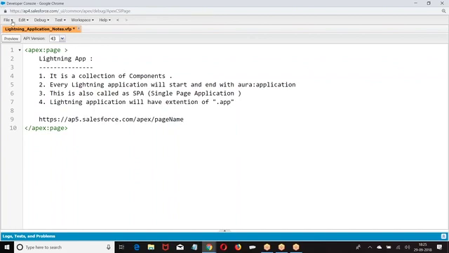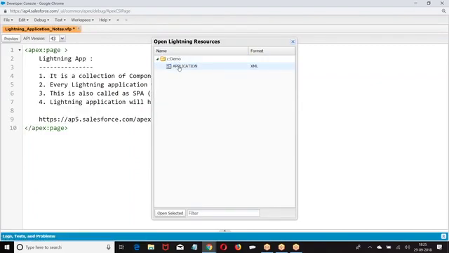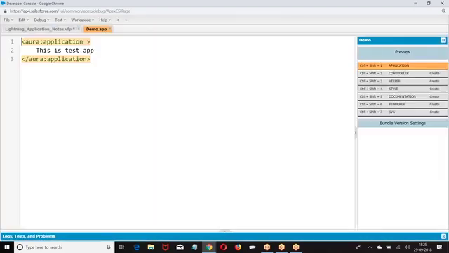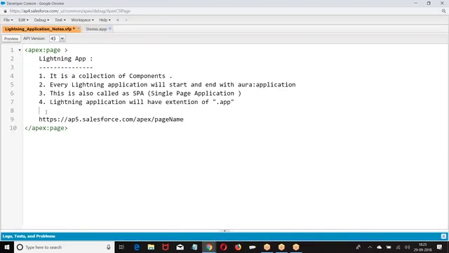Same concept. If you are going for a Lightning, if you want to open a Lightning application, what is the URL? Your domain name slash namespace slash page name. So how are the Lightning pages invoked?